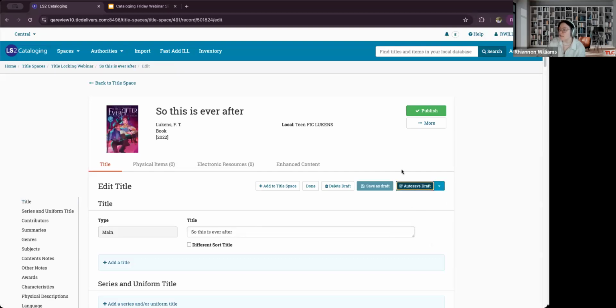Autosave draft is not still enabled here. So that's something to note, that you will have to enable it as you go into multiple titles. That's definitely something I would like to have sort of retained as you go through, so that once you enable it, it's kind of set for a while. So